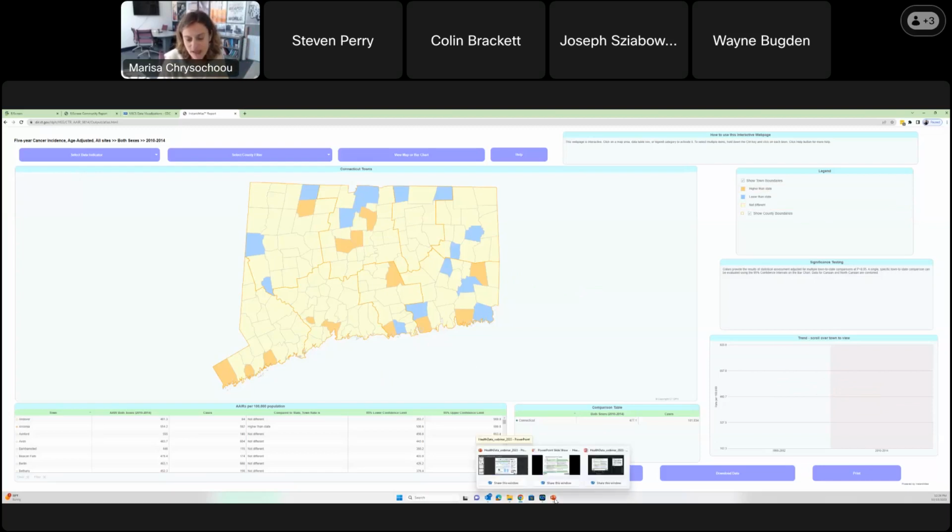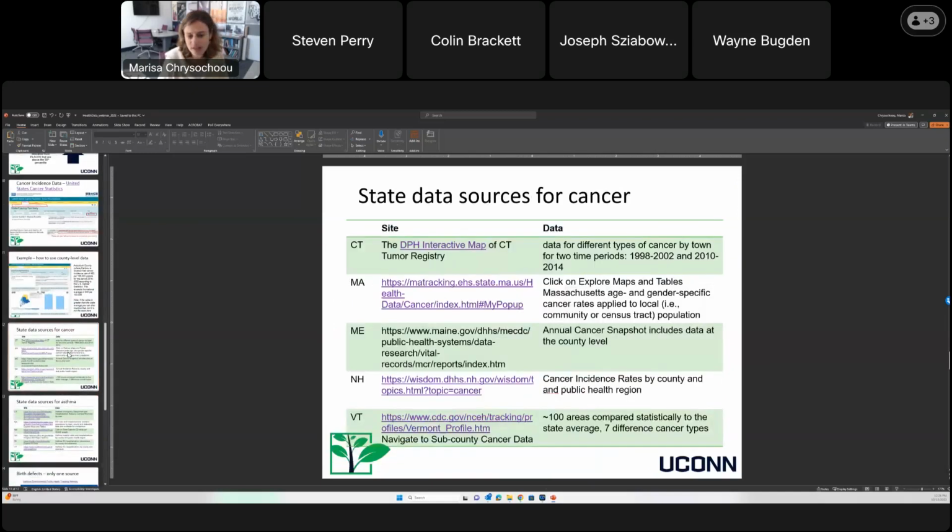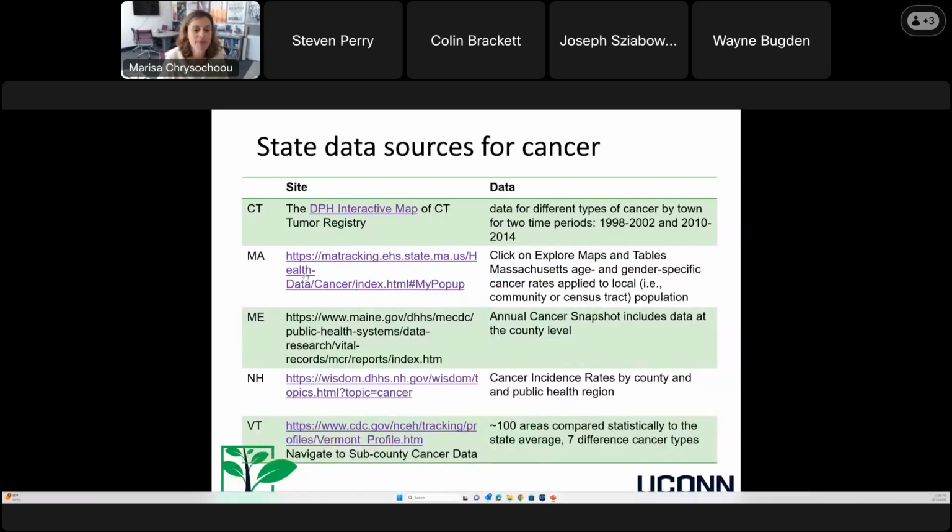And similarly, beyond Connecticut, there are several other sources. Massachusetts has its own type of tracking where you can look at maps and tables. It's similar to the Connecticut one. Maine only has county level data. There's nothing beyond that. New Hampshire has data by county and public health region, so it doesn't go down to the town level or census tract level. And then Vermont